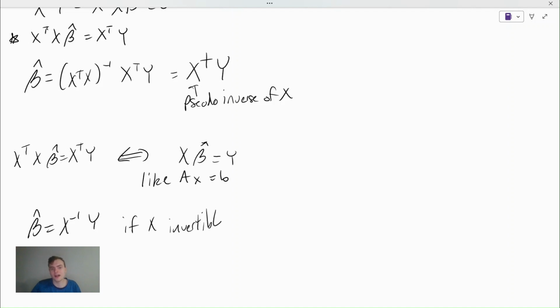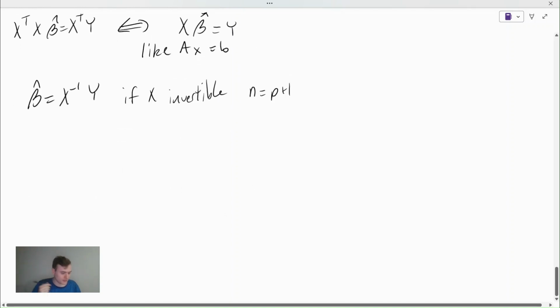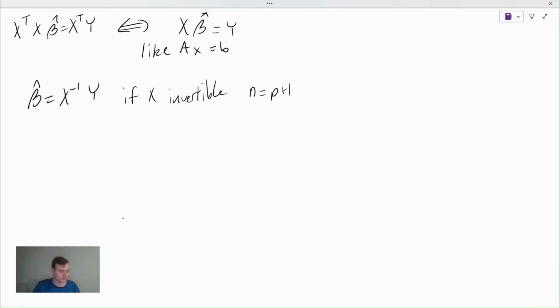But it's very uncommon that X can be invertible, because that means we have n equals p plus 1, like X is a square matrix. And we have the same number of data points as we have variables, and it works out that they're linearly independent, which also is a bad assumption, right? So that's not going to be very helpful. But what is helpful is